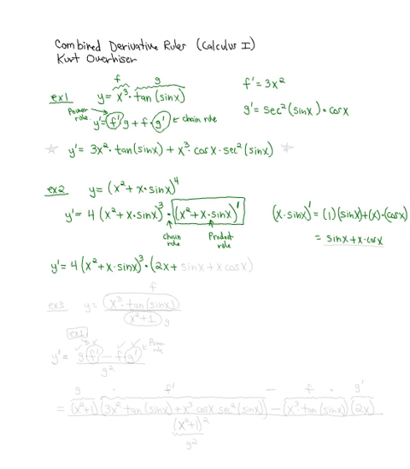So it's this right here that we're going to put, and over here next to the, finish off where we left off and put plus the sine of x plus x cosine of x, and then you end the parentheses, and then that turns out to be the derivative of the